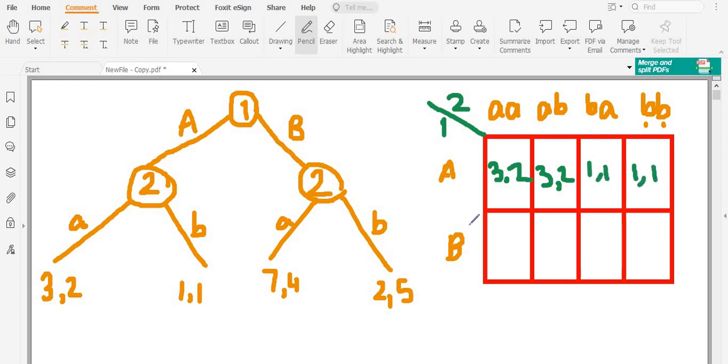Then if player 1 chooses B and player 2 chooses A, it's going to be 7, 4. And similarly this will also be 7, 4. Actually this one jumps, and then of course the other remaining part is 2, 5, and then we have 2, 5. Now if we want to go by backward induction in this game, we have to first, when we consider